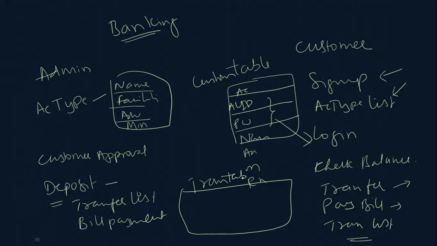In the transaction table, you can have a date, what date it is, the account ID, then you can have a debit, then credit. So if you enter all these details, for any customer you can find out his debited amount, what is the credited amount, and what is the balance, and all we can find out using this table. So we'll see all this practically, and we'll design all these tables.